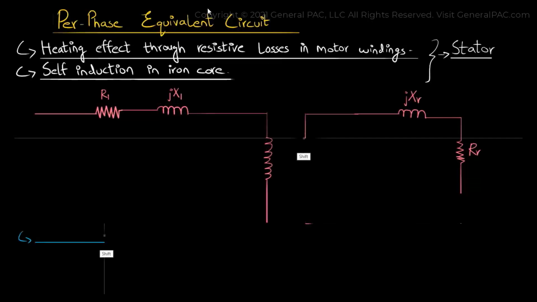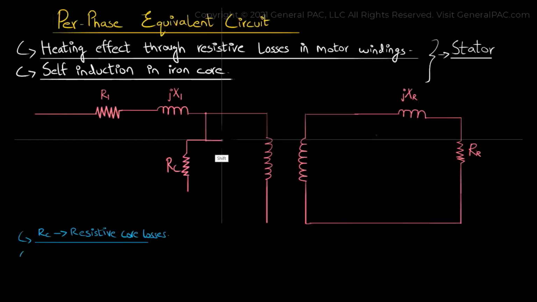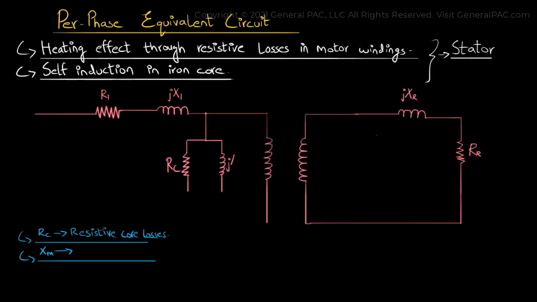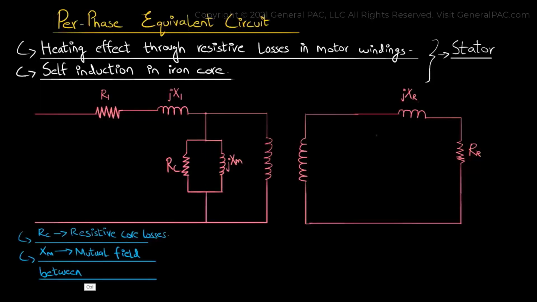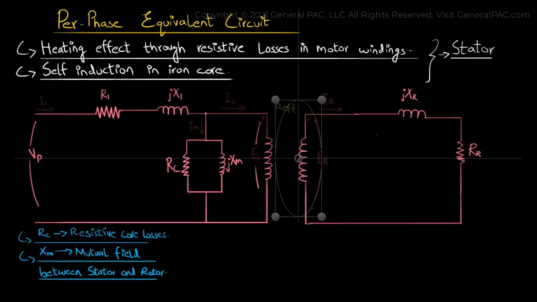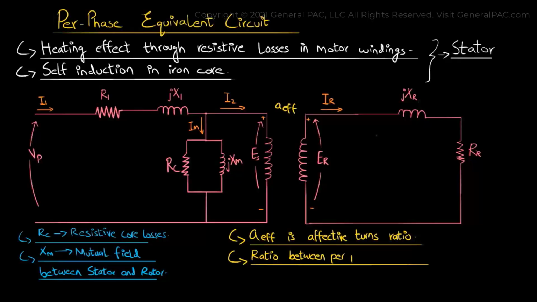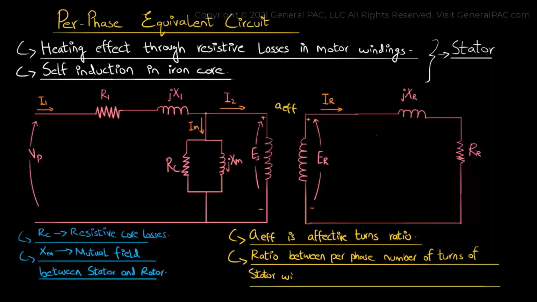Now, the core resistance RC corresponds to the resistive core losses, and the inductive reactance XM corresponds to the mutual field between the stator and the rotor. RC and XM are placed in parallel. Next, we have AEFF, or the effective turns ratio. This is the ratio between the per phase number of turns of the stator winding to that of the rotor winding per